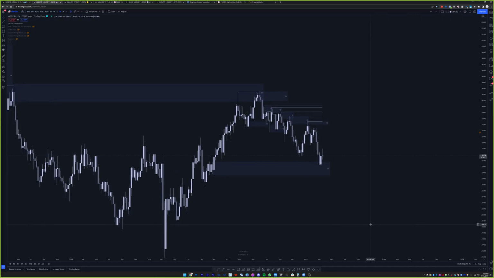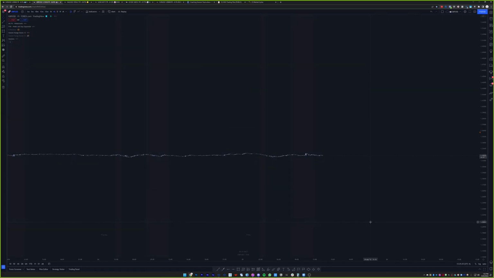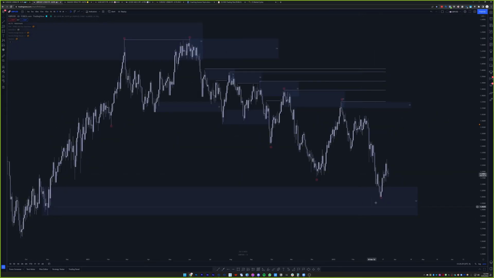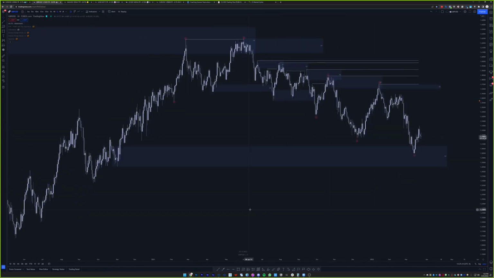Alrighty, so let's continue on with this a bit. Let's do 4-hour structure real quick. So we marked out our daily. I think that's clear to everyone, right? Obviously use this as our swing point high. And like Miguel said, what did we miss here? We are in this weekly zone here as well, right?